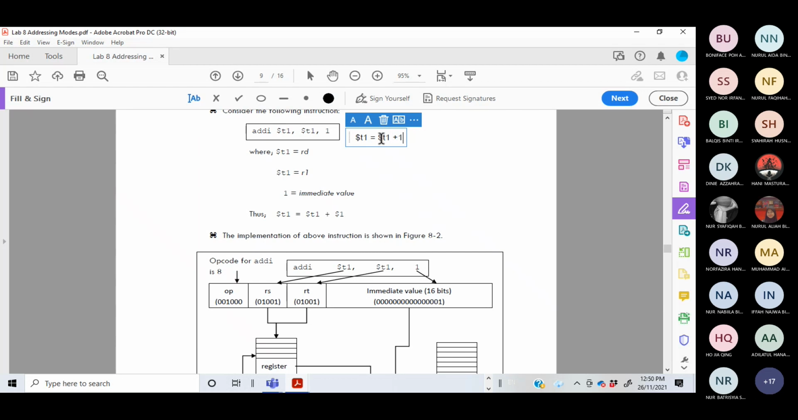But the correct definition is the content of register T1, it is not T1. If T1 plus 1, that is equivalent to T2. This is actually the content of register T1 plus 1. Let's say initially the content of register T1 is 2. After you have performed this instruction,